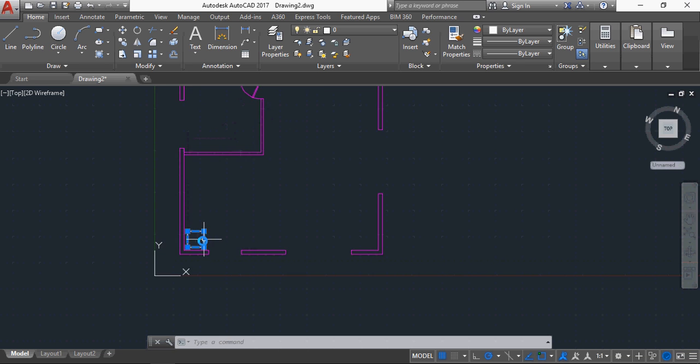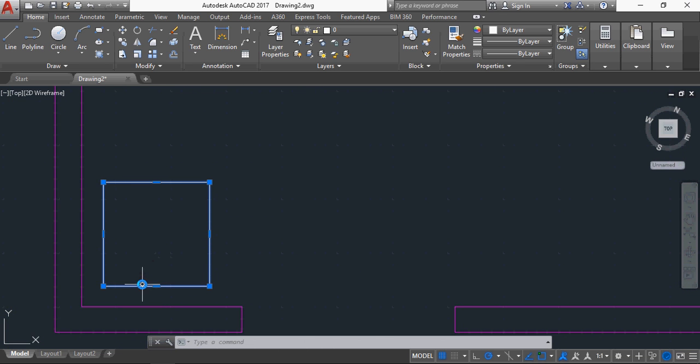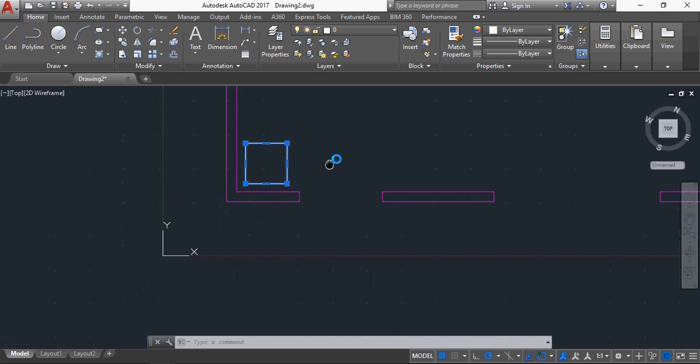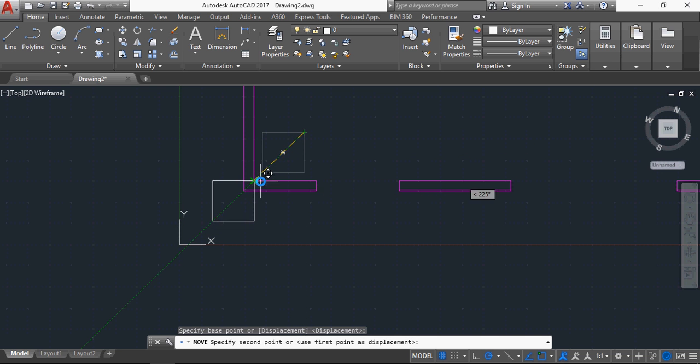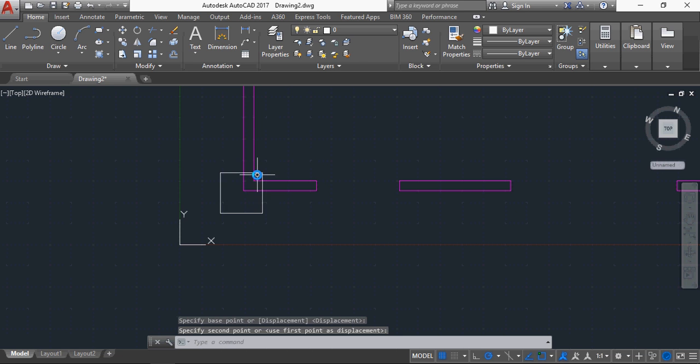However, as it is, this will mean my array is all inside the room, and I'll have to duplicate some things outside. So actually I'm going to move it and use that point there to lock onto that point there. So now I only have a tiny piece of my tile in the array, and I'm going to trim off